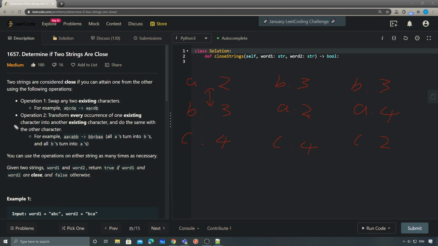So with the second operation, we cannot constrain the frequencies for each letter, but still, I think you guys can see that the first condition still holds, which means that the letters that appear in both words have to be the same. If we have A, B, C, and the second word has a D, then obviously there's no way we can transform word one to word two,